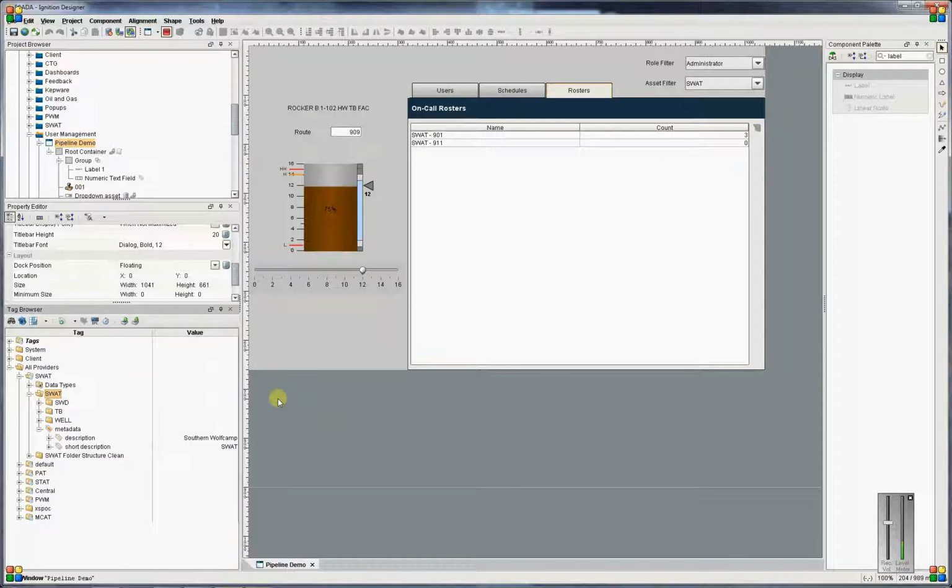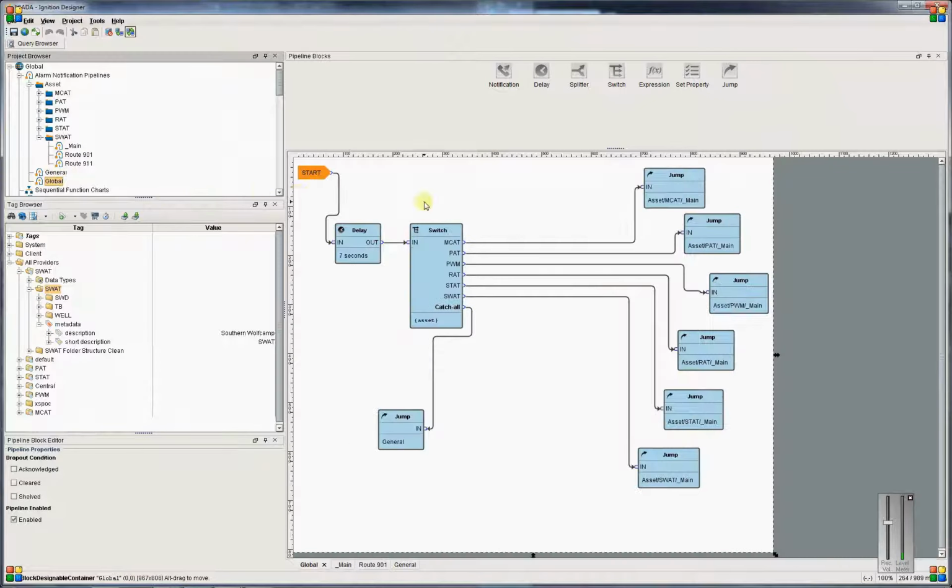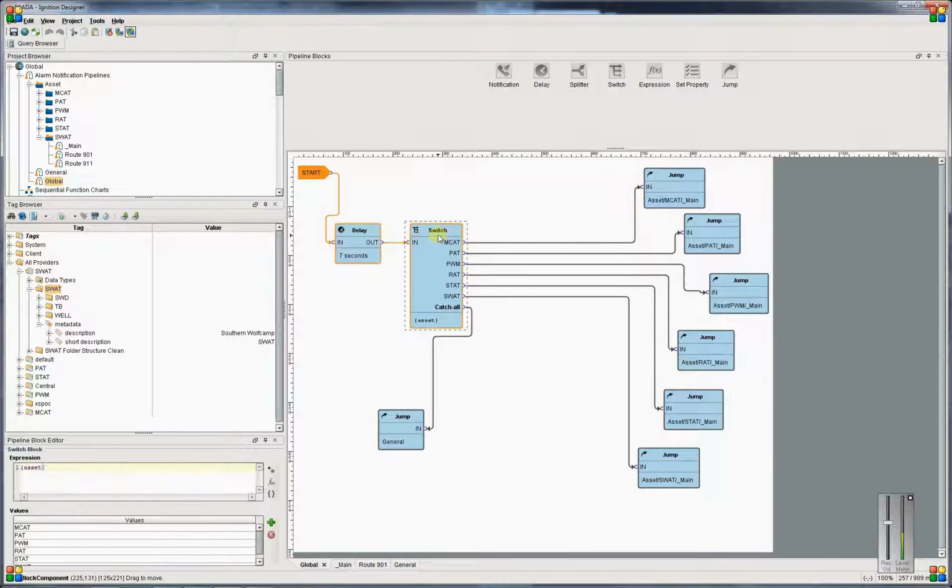Let's go take a look at the pipeline and see how those two properties are used in notification and alarm handling. This is the starting point of all alarms across all the assets. Once it starts, it's going to go into this delay block, which we have set up right now so we can actually follow the alarm going through the different pipelines and see it, rather than having it just instantly go through. Once we get through this delay block, we're going to go into this switch, which looks for that asset